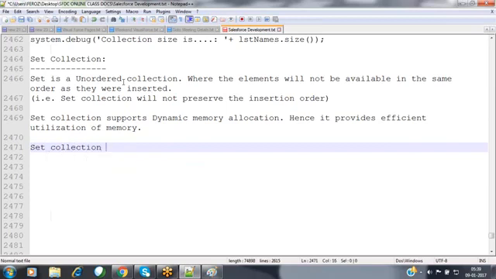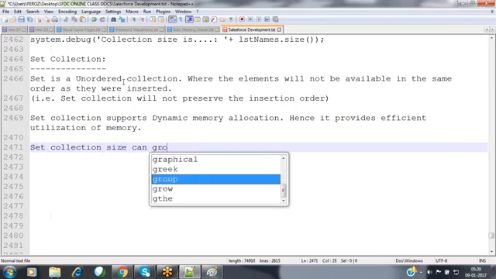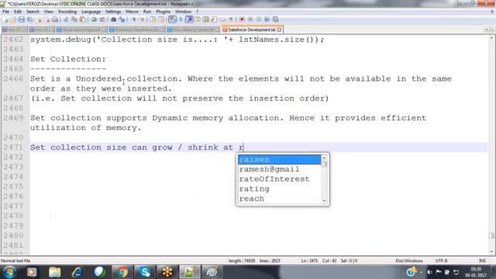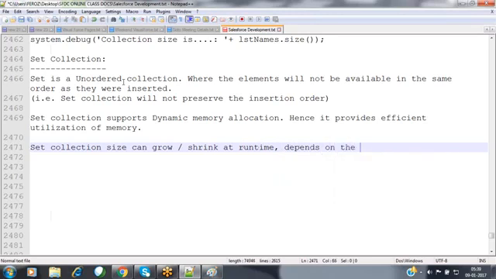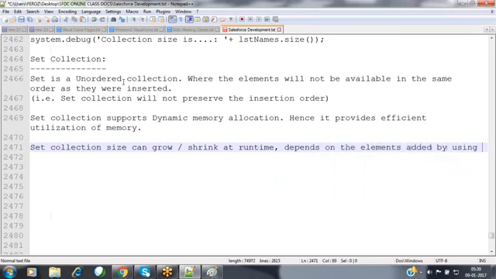And the set collection size can grow or shrink at runtime, depending on the elements added by the user.